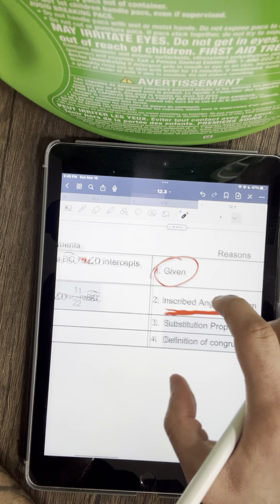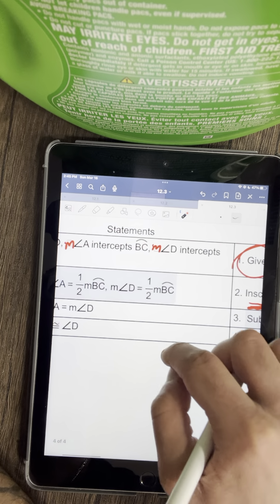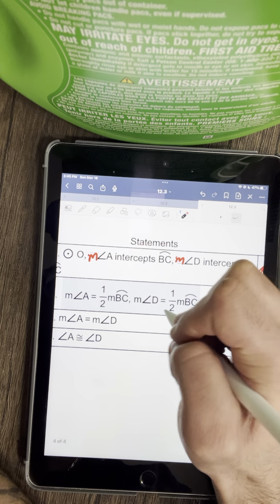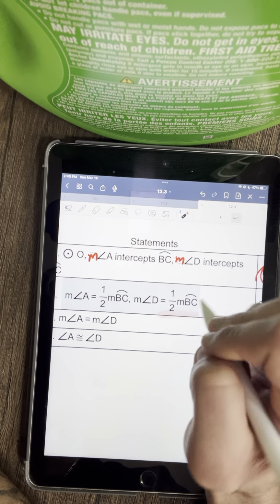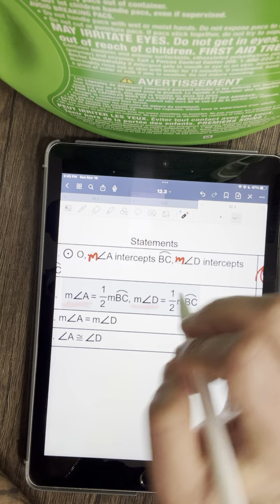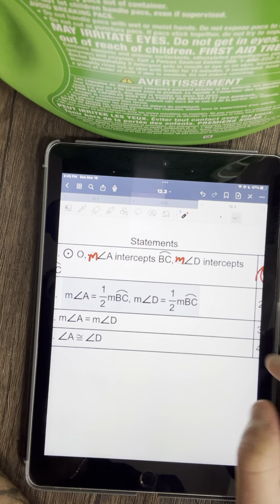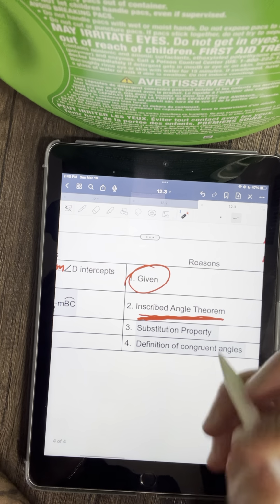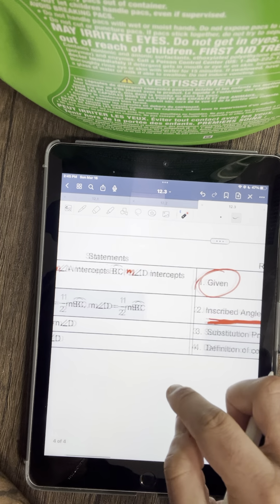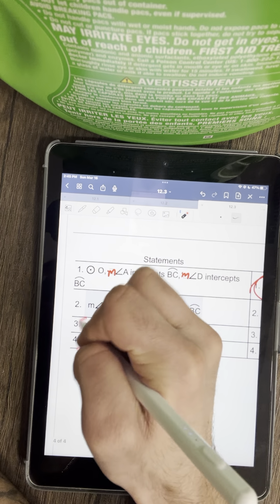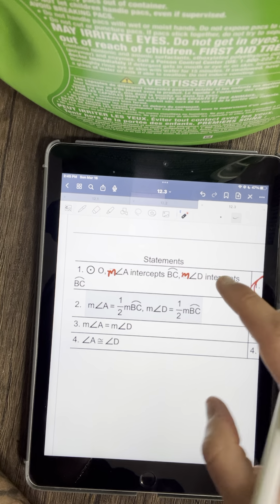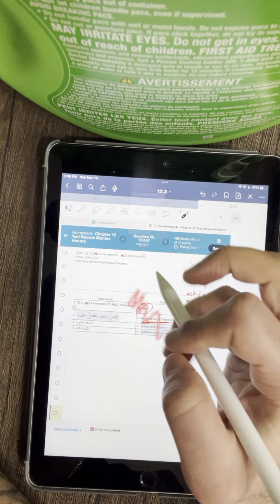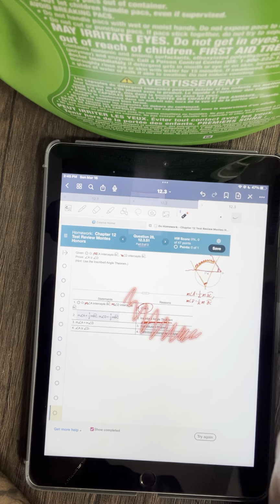Now, substitution property. What did we substitute? Well, we substituted if measure of angle A equals half of BC and measure of angle D equals half of BC, well then doesn't A just equal D as well? Yep, and now the definition of congruent angles: two angles that have the same measure. Okay, so that's how you answer that question. That's how you answer a lot of two-column proofs. We're gonna go over two-column proofs a lot in the fourth quarter, but this is I just wanted to